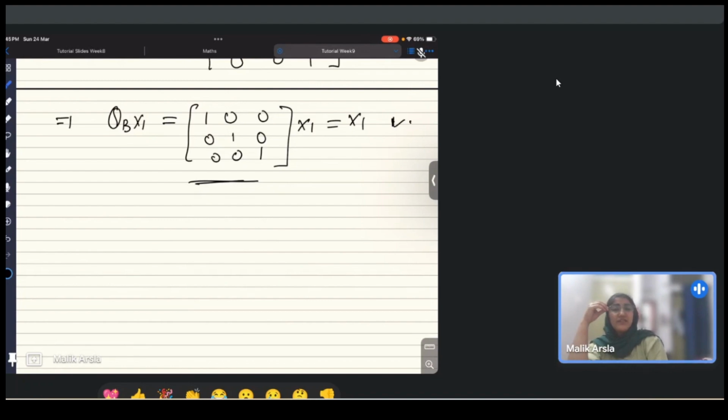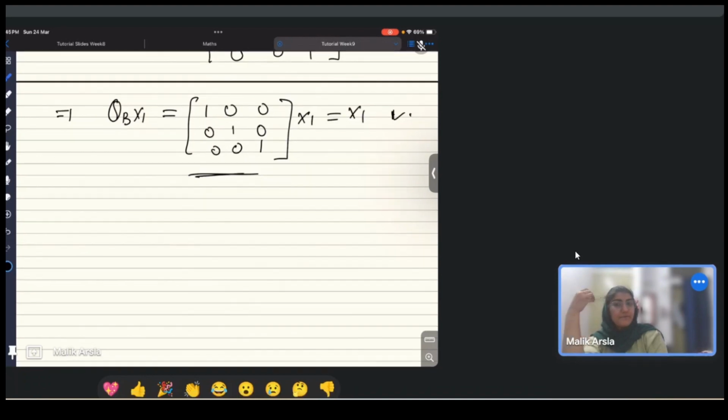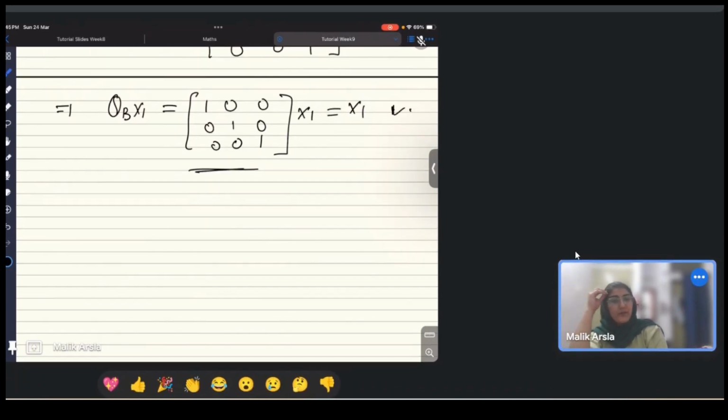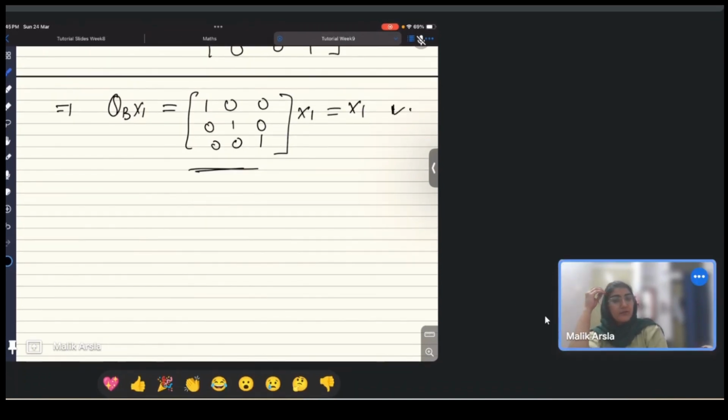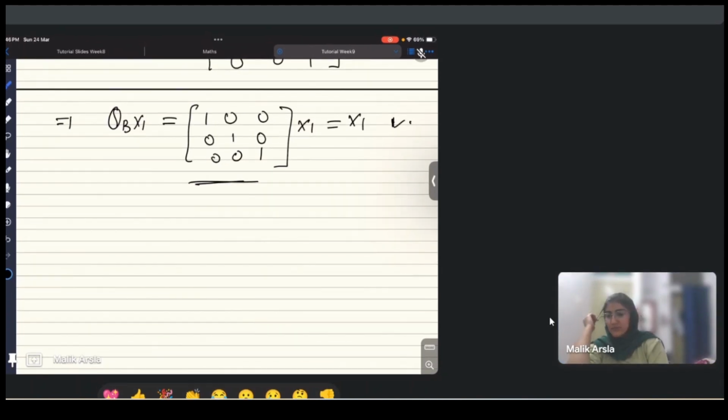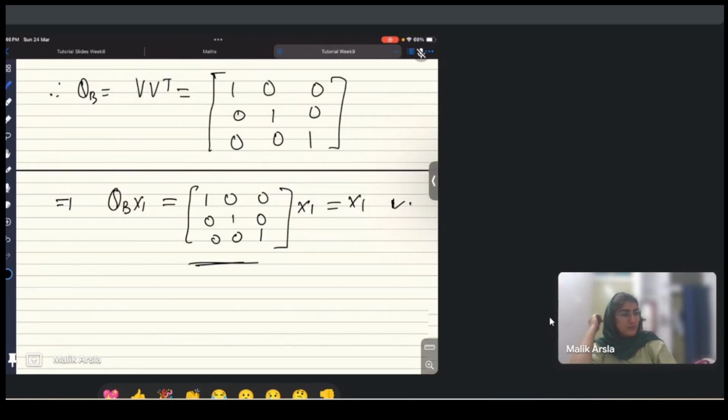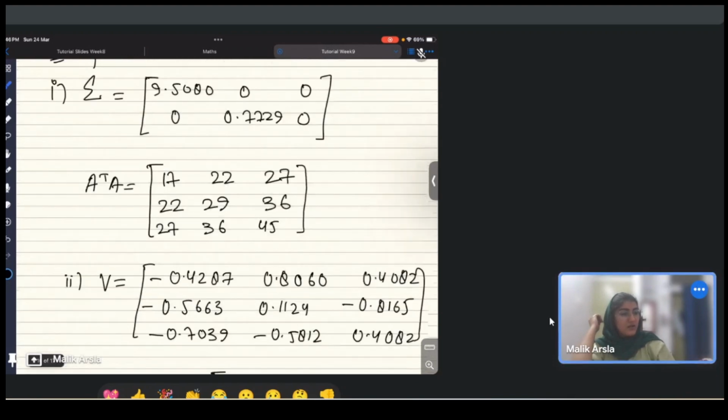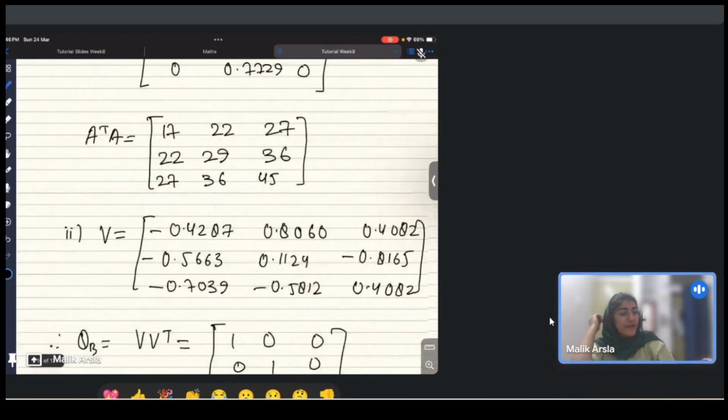I think this much is sufficient for today. QB is the orthogonal projection onto the range of A transpose. Yeah. But how do we find it? It is equal to